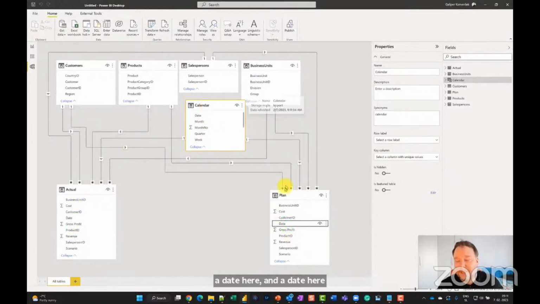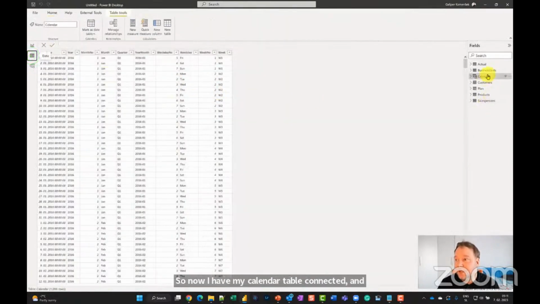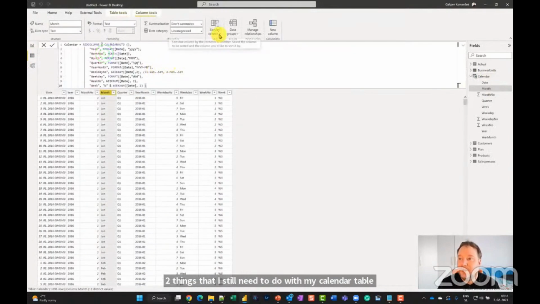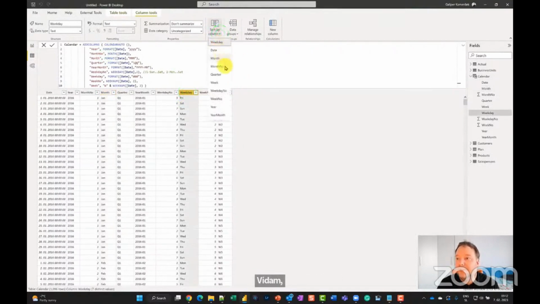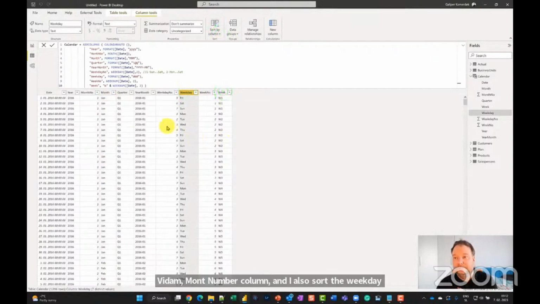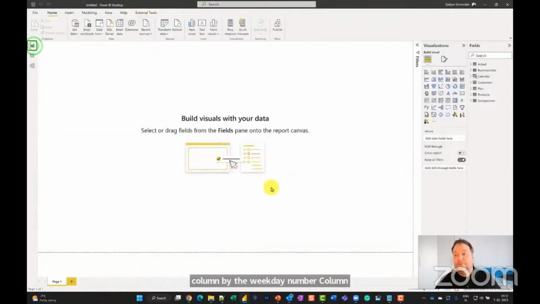All right, so now I have my calendar table connected, and the only 2 things that I still need to do with my calendar table is I need to sort the month column by the month number column, and I'll also sort the weekday column by the weekday number column. Okay, once I've done that, and we'll have to repeat that for the perfect model,